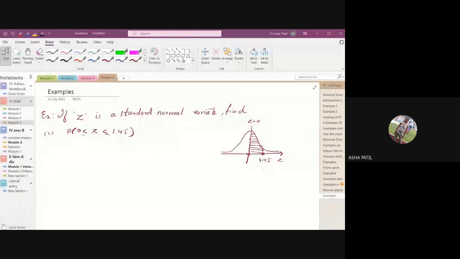So if you look at the table for 1.45, then it will give you the area from 0 to 1.45. That is nothing but you can write it as A of 1.45. You can even use phi of 1.45, both are the same. If you look at the area in the table, go for 1.45. Whatever answer you get will be your probability that Z lies between 0 and 1.45. If you have got the table, you can just tell me what the value is.